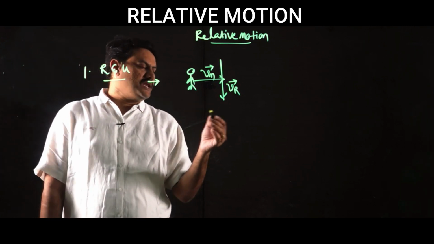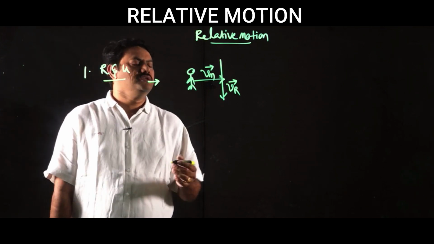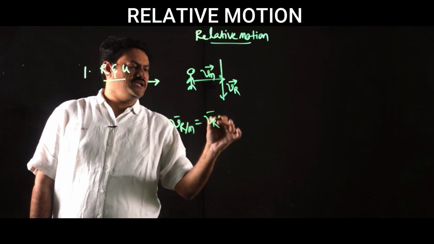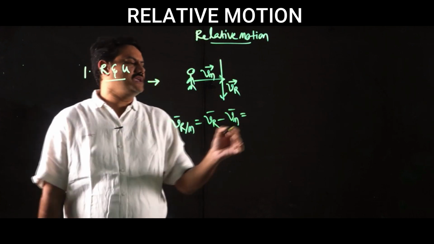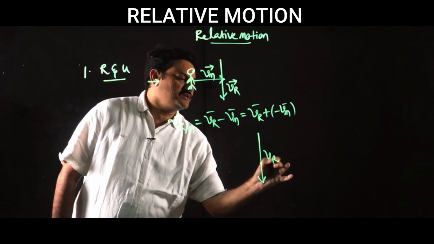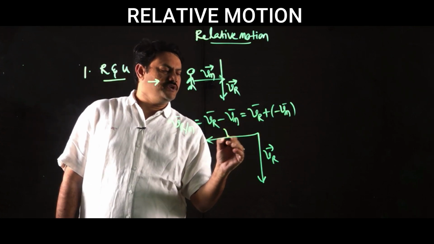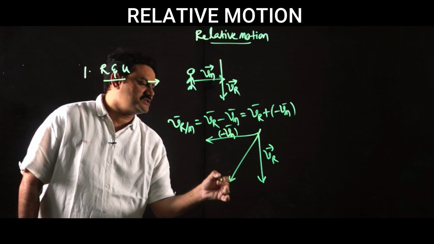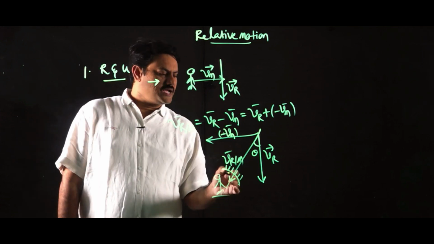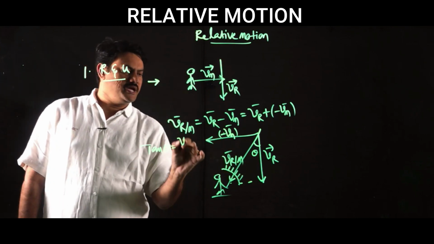So to calculate the position of the umbrella, what is the angle made by the umbrella with respect to the vertical? Velocity of the rain with respect to the man is equal to velocity of the rain minus velocity of the man. You can write it like this: velocity of the rain plus minus of velocity of the man. So velocity of the rain is in the negative y direction only, and plus minus of Vm, opposite direction, so Vm in the negative x direction. The resultant of these two is the velocity of the rain with respect to the man. So here is the angle, and this is the position of the umbrella. So the angle made by the umbrella with the vertical is theta. So tan theta is equal to Vm by Vr.